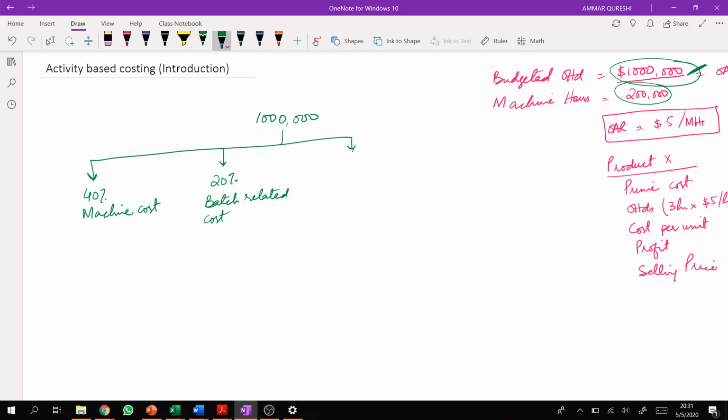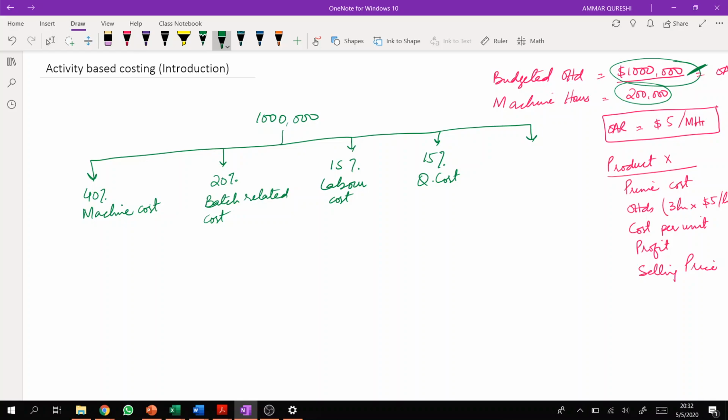Then, for example, 15% cost is related to labor, a labor related cost. And suppose 15% cost is quality control related cost,